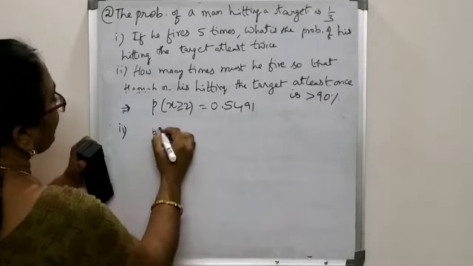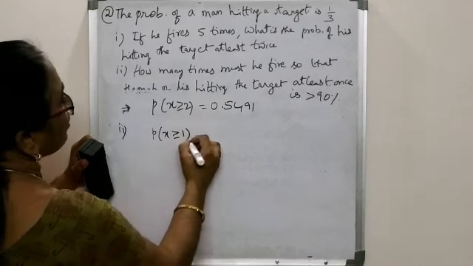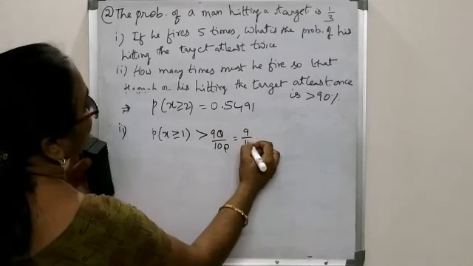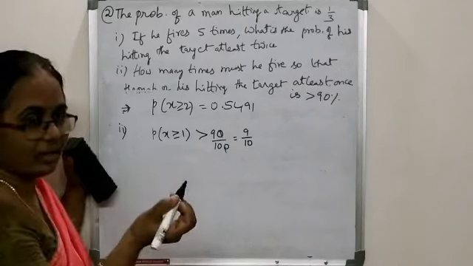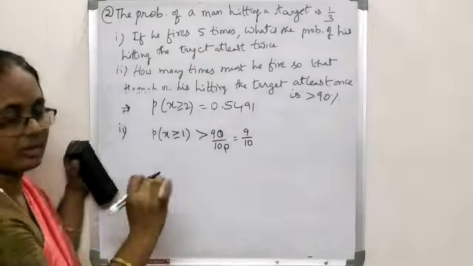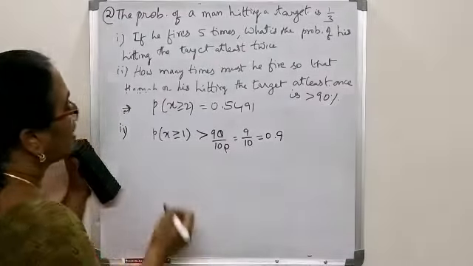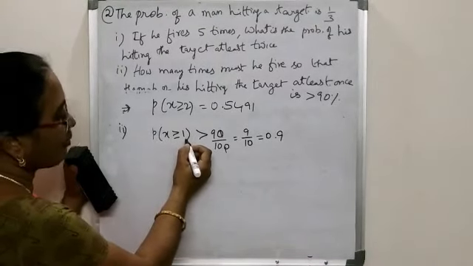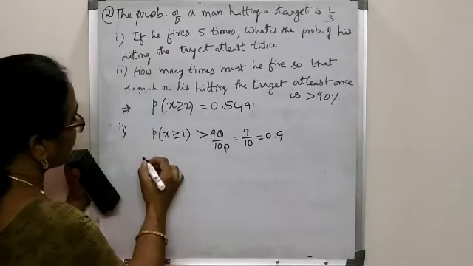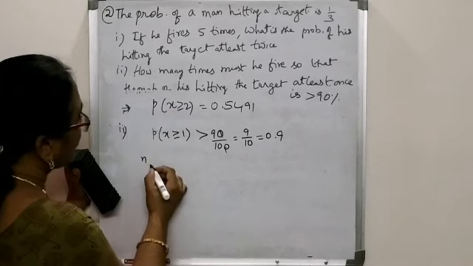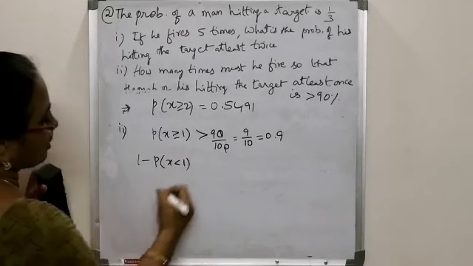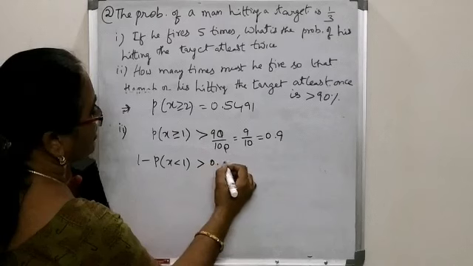So the rule is P of x greater than or equal to 1 is greater than 90%, means 90 by 100. It is 9 by 10. So what must be the value of n so that the probability of x greater than or equal to 1 is greater than 9 by 10, which is also written 0.9. Now doing the substitution for P of x greater than or equal to 1 from the binomial distribution, we have, it is total n times where the person is firing. So first we write it as 1 minus P of x less than 1. And this must be greater than 0.9.